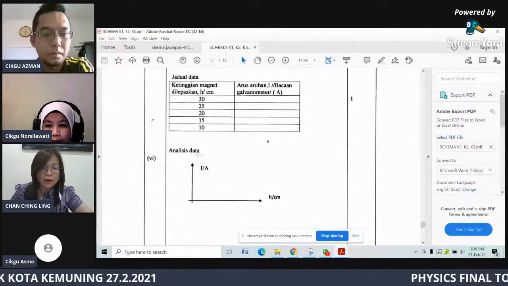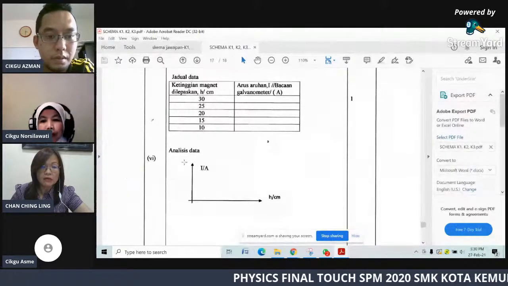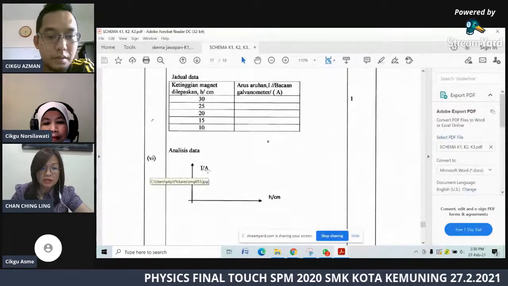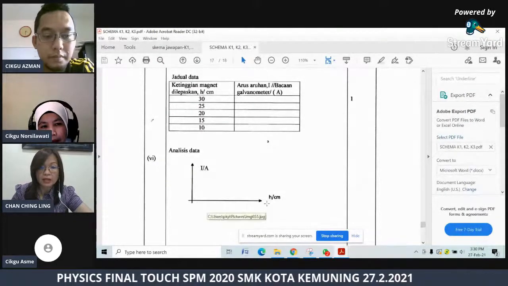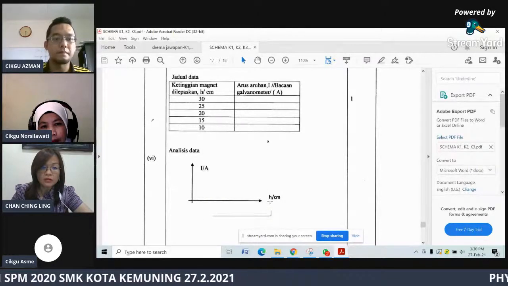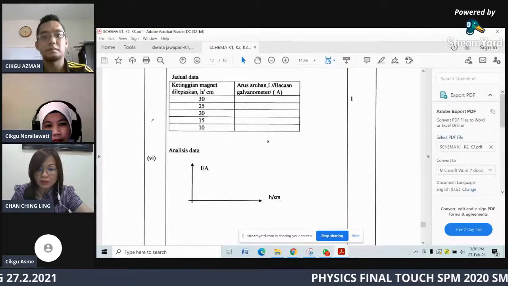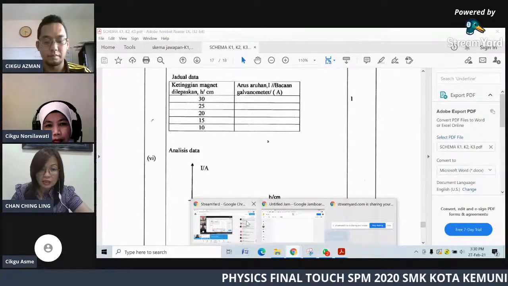All right, so for your y-axis must be the RV corresponding variable. Okay, physical quantity slash the unit I/A. Okay, and then your x-axis have to be the manipulated variable. Okay, so will be your physical quantity H slash centimeter. All right, so and then the third question asked is